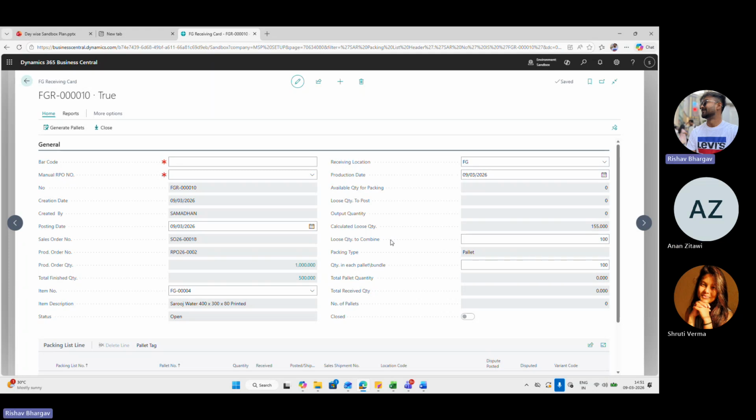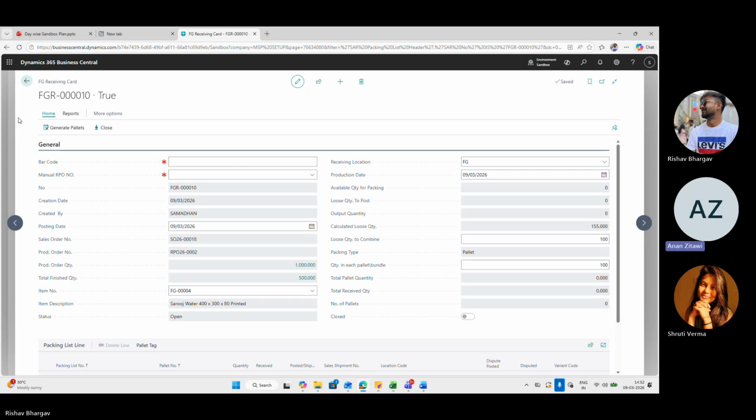So, okay, that's why in some tenants we don't do it. I'm telling you about a scenario: if you generated a pallet of 500 quantity and later you find that the pallet should not be of 500 quantity, it should be of 250 quantity, then this palletization, depalletization will help you to do that.